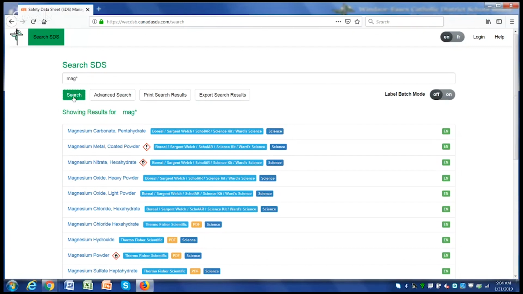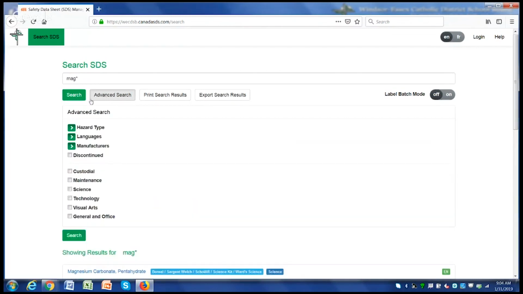Another thing we do is that all the SDSs are tagged, and you're able to use those tags to help find things. So in the same way that people are used to tagging their pictures and searching on those tags, same type of concept. And those tags are actually found in advanced search. So if I go to advanced search, we'll see